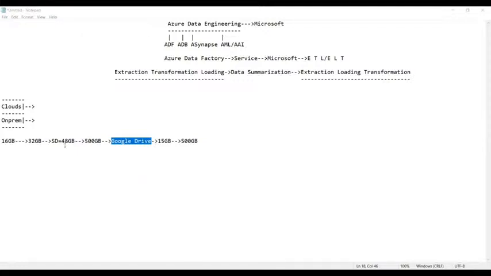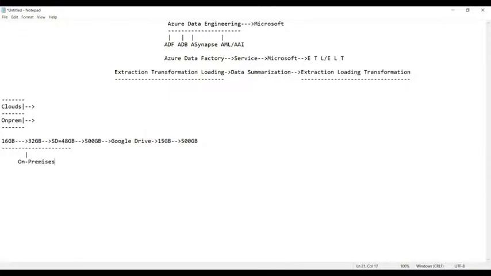What about the 48 GB you had in the internal memory of your previous mobile phone, which you lost? Can you recover it back? No. This is a very good example. That means the 48 GB which you already stored in your previous mobile phone which you lost is called on-premises.